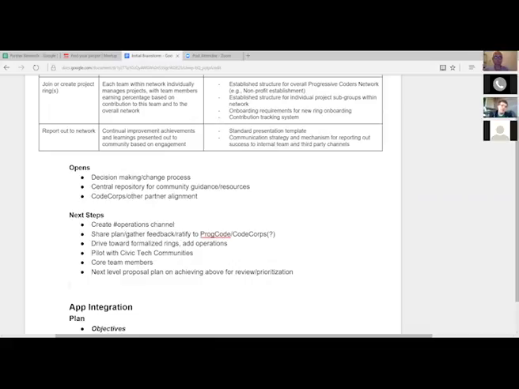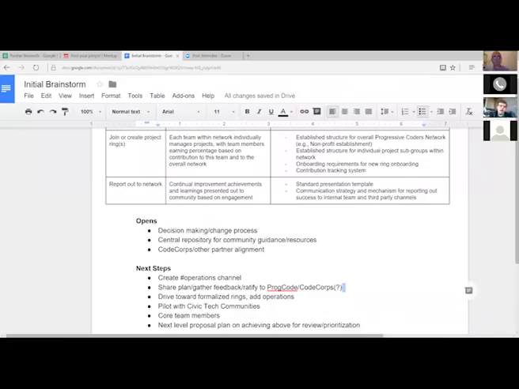I guess actually I will really quickly touch on the opens that I saw, just the big sort of things in thinking about this. How do we make decisions? How do we make changes once we've made initial decisions? What is our, I guess I already thought about this before I bothered you earlier, Rafi, but what is our central repository for our community guidance and resources, and where are we going? How's everything organized? And how do we partner with other organizations on this? How do we drive the greatest impact and the greatest efficiency?